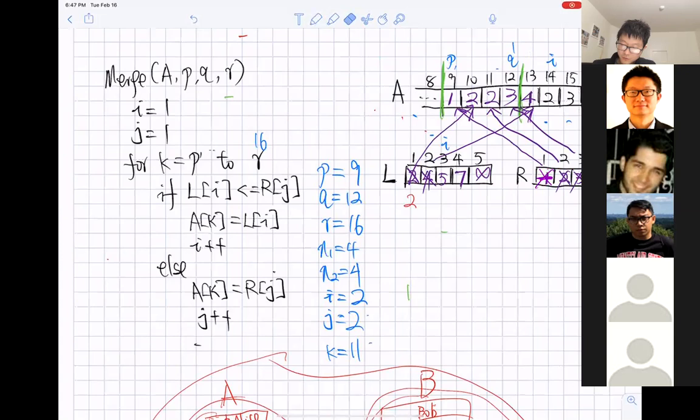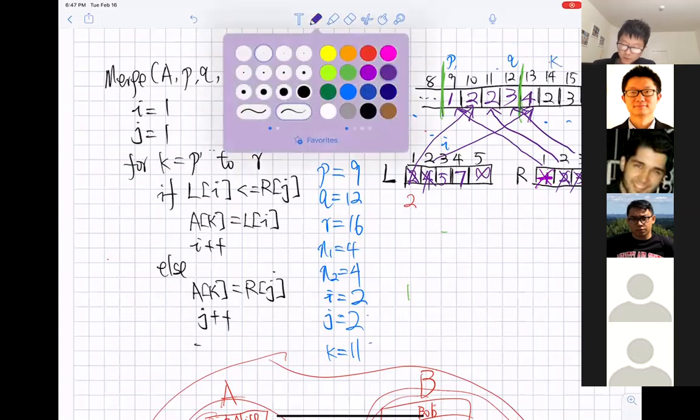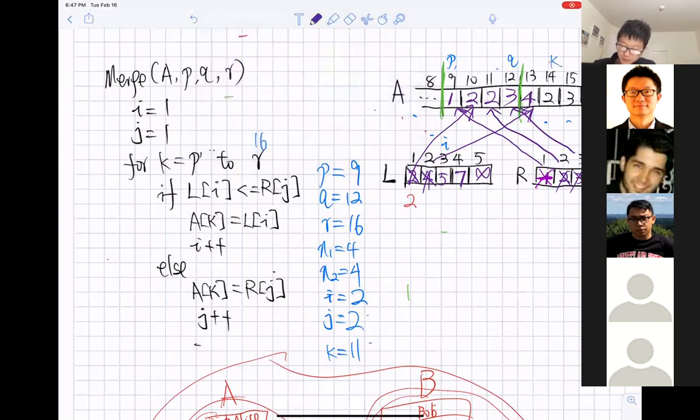Okay, so next we're going to compare Li with Rj. Which one is smaller? Li. So Li goes to, sorry, this should be K. This variable should be K, not I. So then we copy Li to AK.